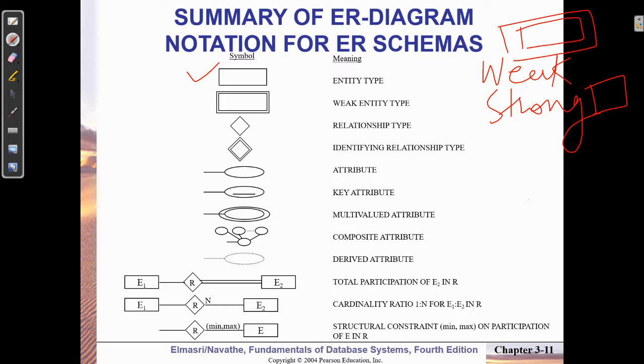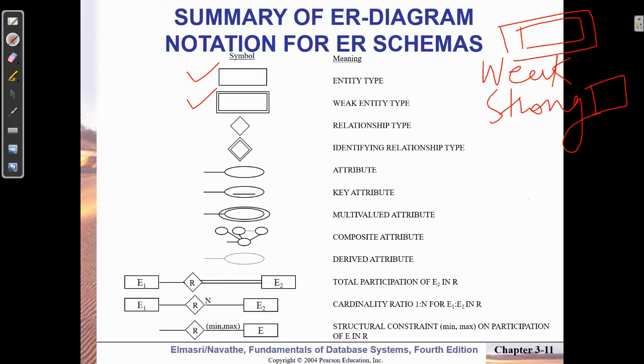If I have to identify which is the strong entity and which is the weak entity, I can just say employee is the strong entity, and the dependents of that employee are the weak entities. I am taking this example because we have just studied it. Okay, so weak entities are shown by the double